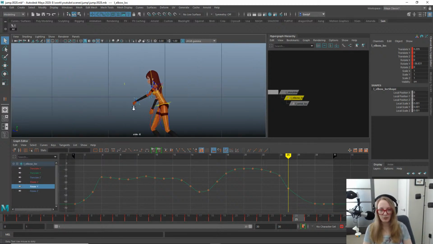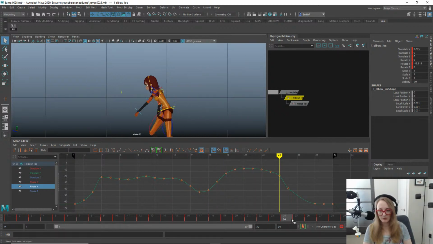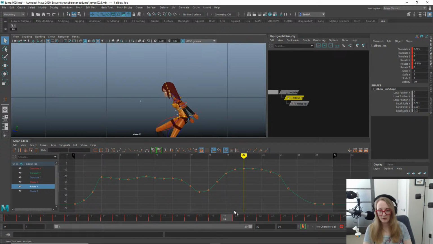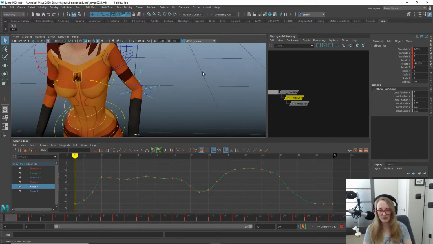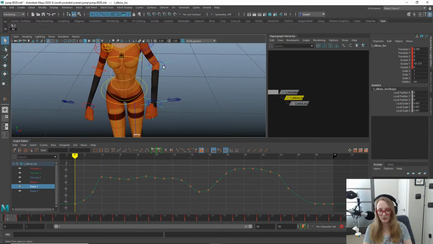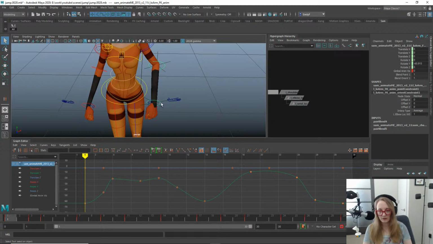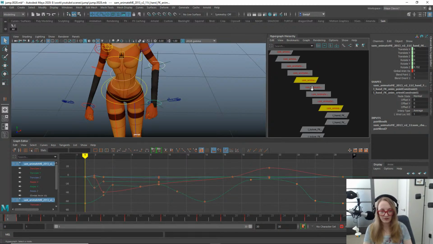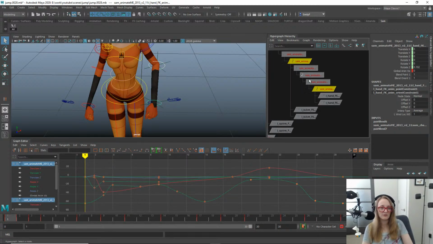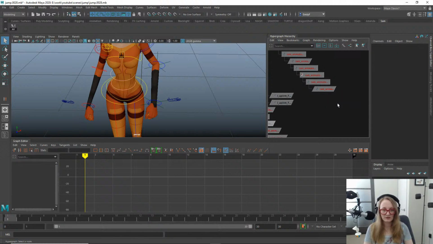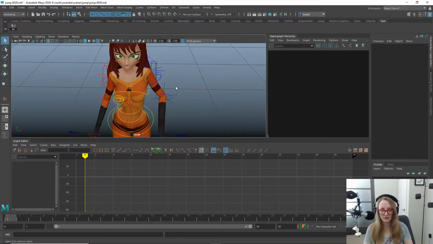Honestly, I probably don't even need to futz with... I really don't even need these other two locators now that I think about it. So we're just gonna delete the constraints on these because they're already a parent of the shoulder anyway, and I'm not trying to change the hierarchy here. So we're just gonna delete those keys or those